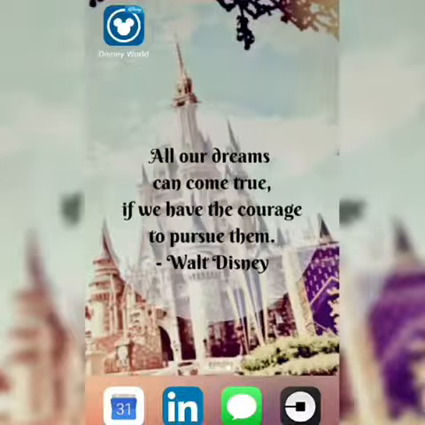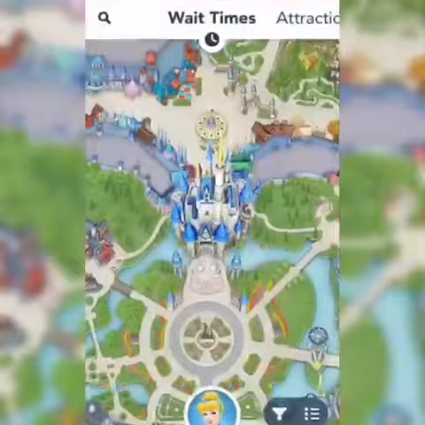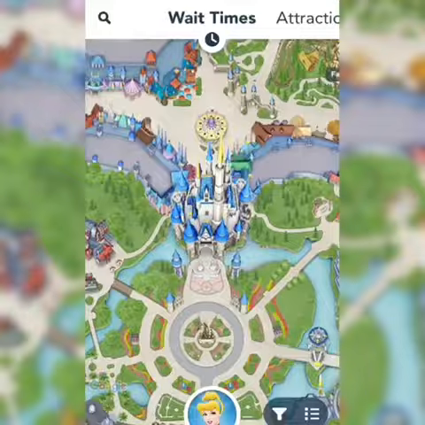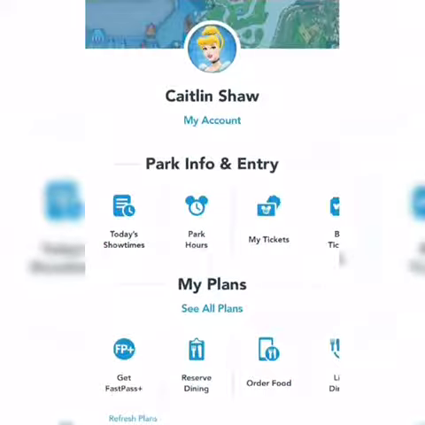Just wanted to help y'all out a little bit with downloading photos from the My Disney Experience app. So the first thing you'll want to do obviously is open up your My Disney Experience app and then go ahead and at the bottom of the screen click on the little icon, that's your profile, and then from there